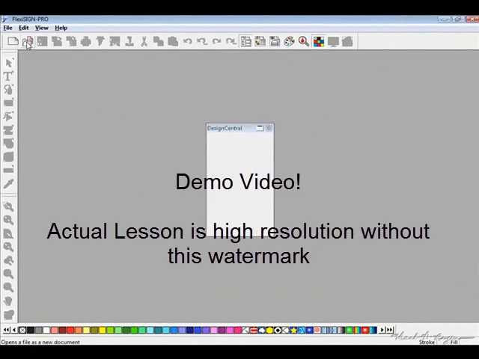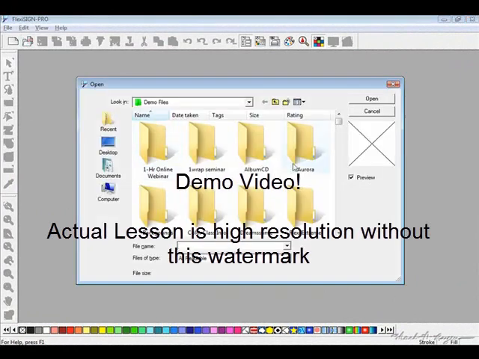In our second example, we're going to open a bitmap. It's kind of a different kind of